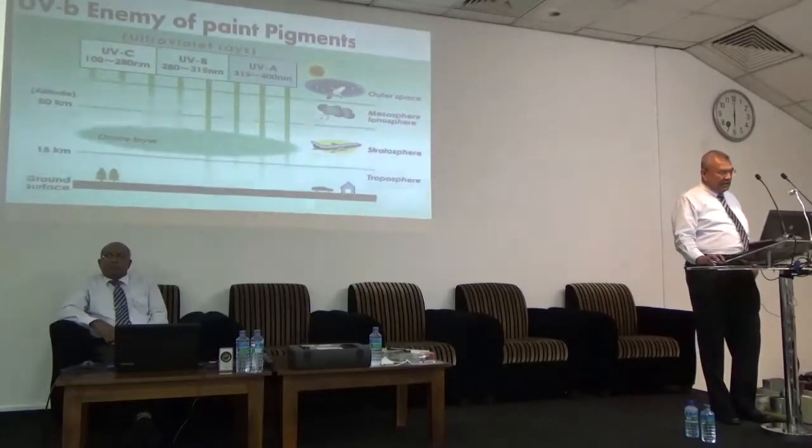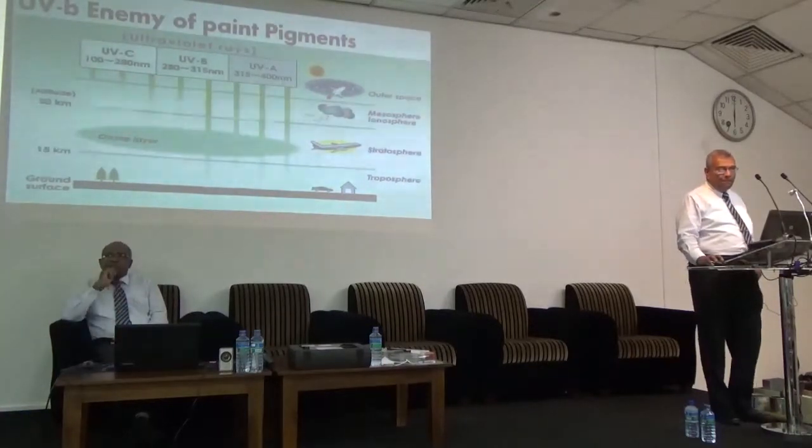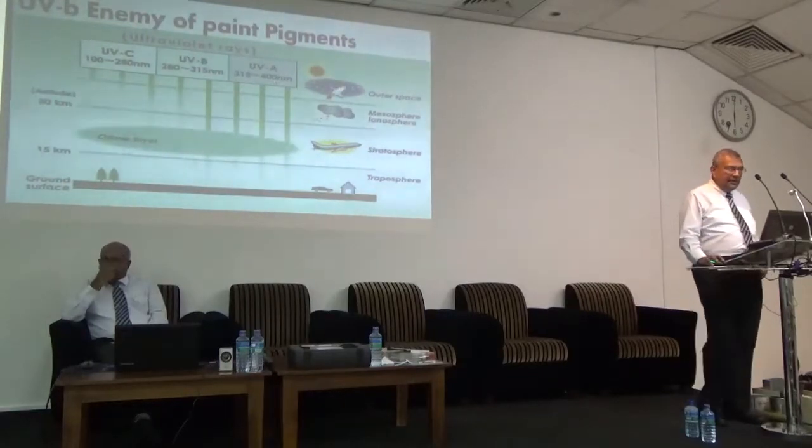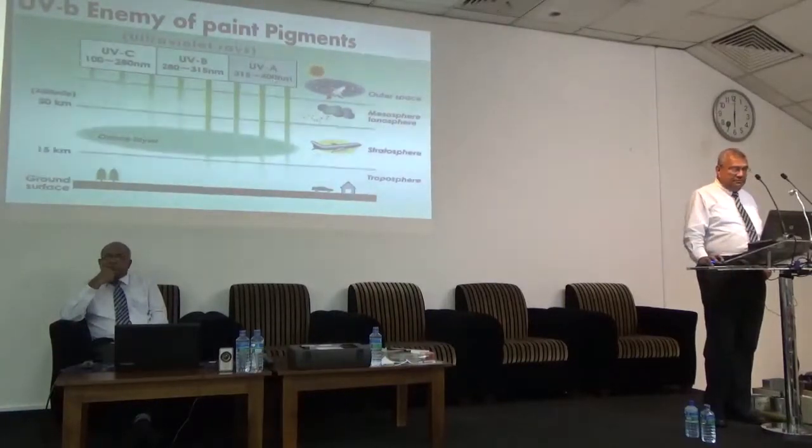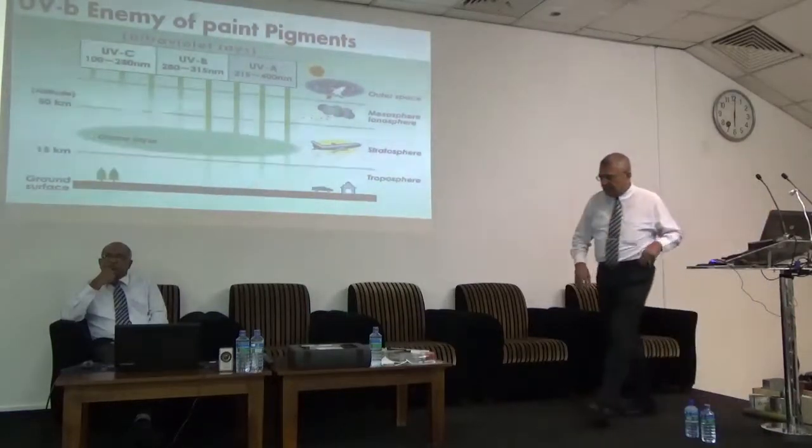So when the violet comes, it goes through the indigo, the blue, the green, the yellow, the orange, the red, everything comes through. The infrared is nothing but the heat rays. So we get the warmth through the infrared. Now the paint, if you have infrared radiation for a long time, it fades. We'll explain that later. The UVB, if it starts hitting the paint, it will start fading.